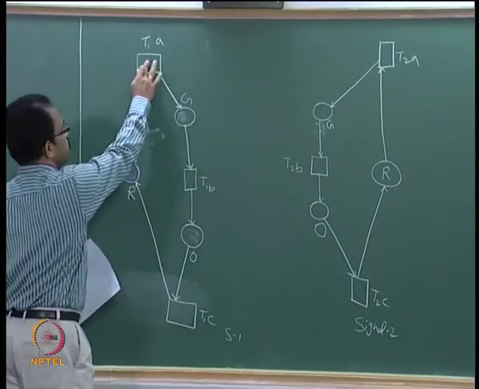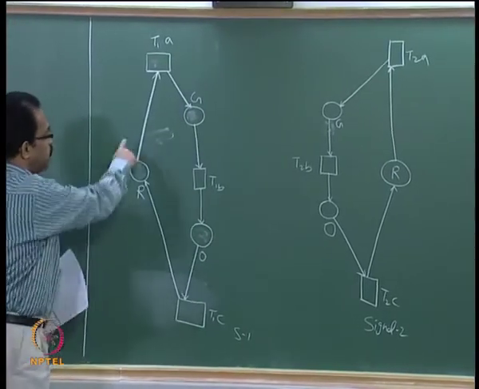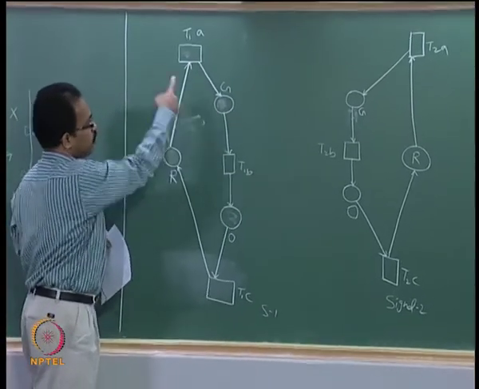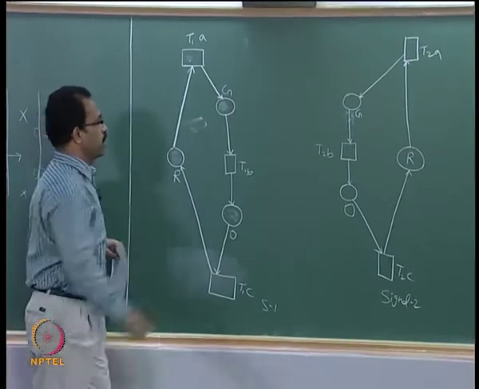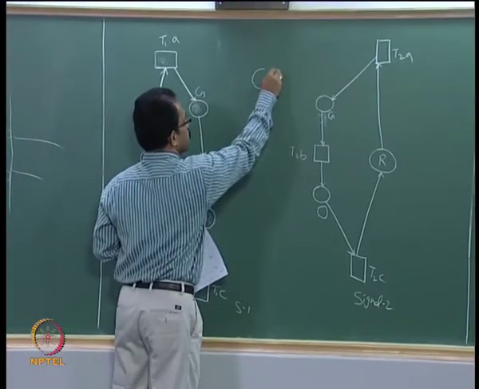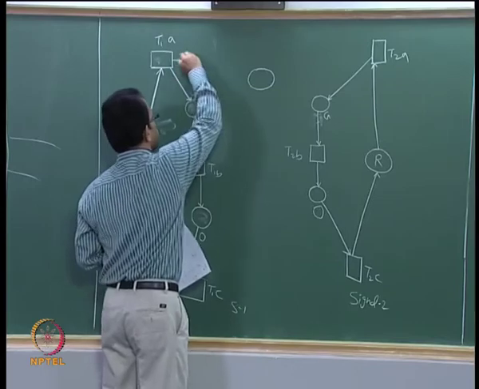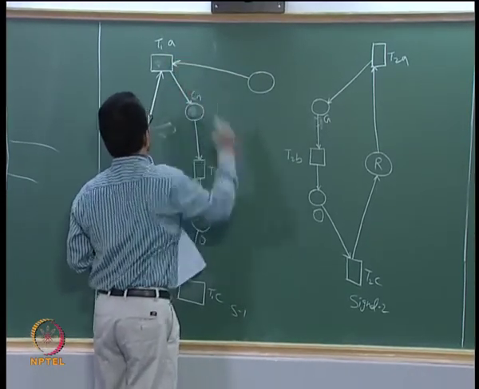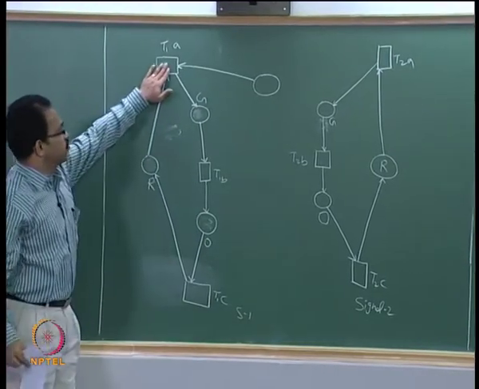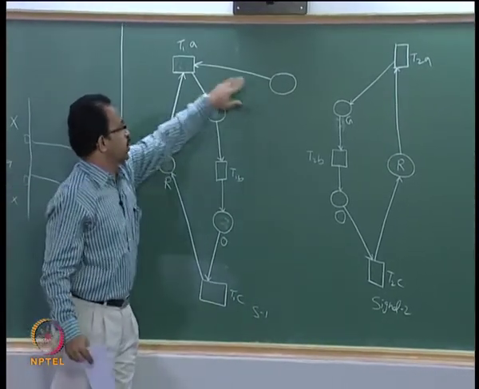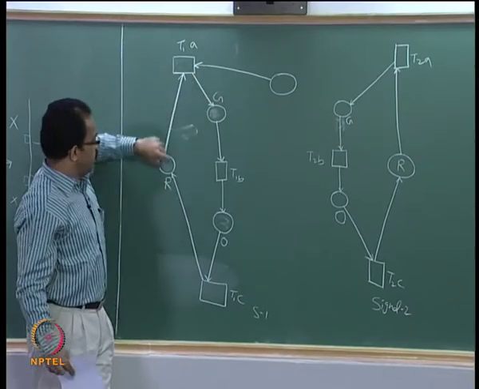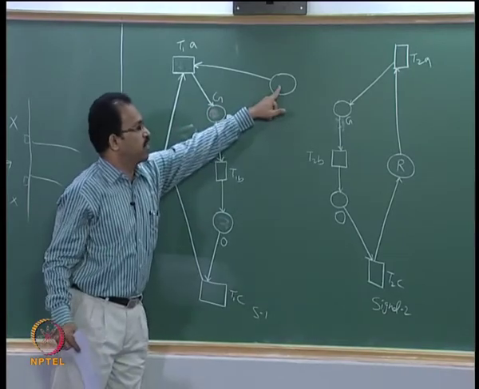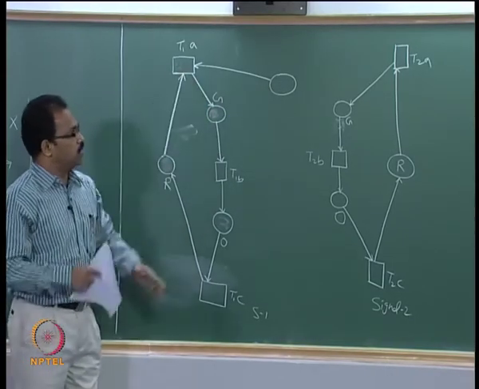So we need to have some kind of another input over here or another place which actually connects to this, and when we have tokens on both this red and the other one, then only this can actually change to green. So we will provide another place here which actually connects to this T1A. So you can see that this transition T1A is connected to two places and both are actually coming to this T1A. That means there should be a token available at this place and this place in order to activate this transition. So that is the first condition.